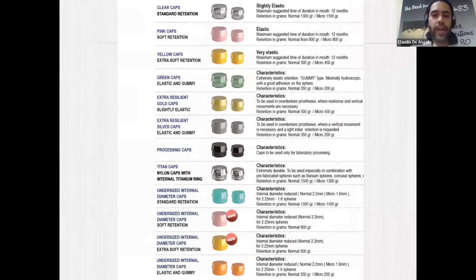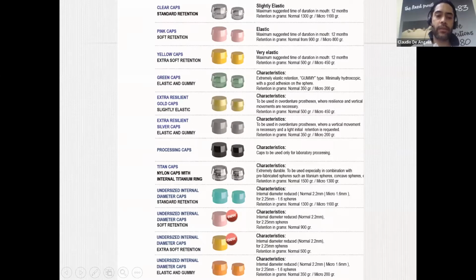This said, we have a wide choice of retentive caps. On the left side, you can see the 2.5 family. So this is the 2.5 family. And on the right, you can see the 1.8 family. Below, the last 4 caps are made of 2.2 as an internal diameter,